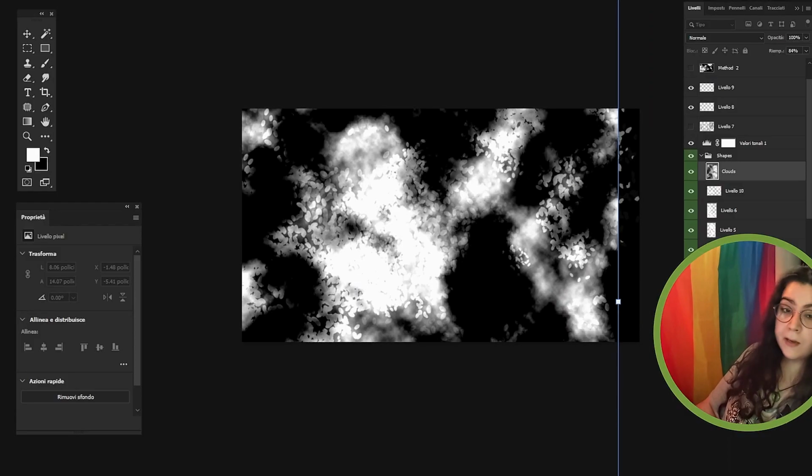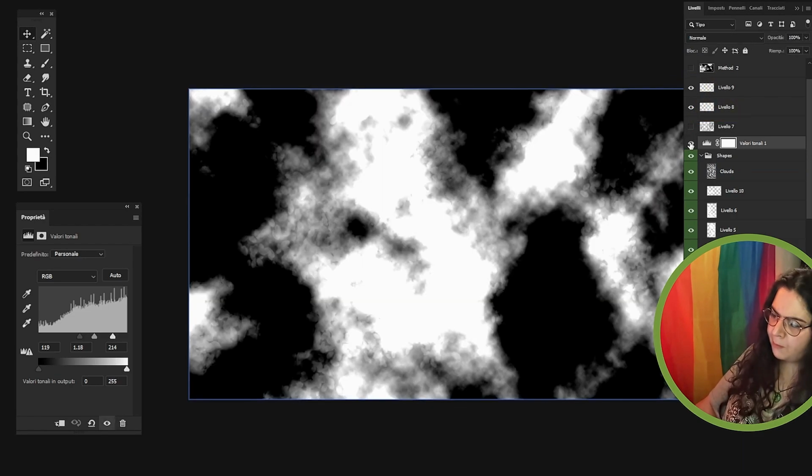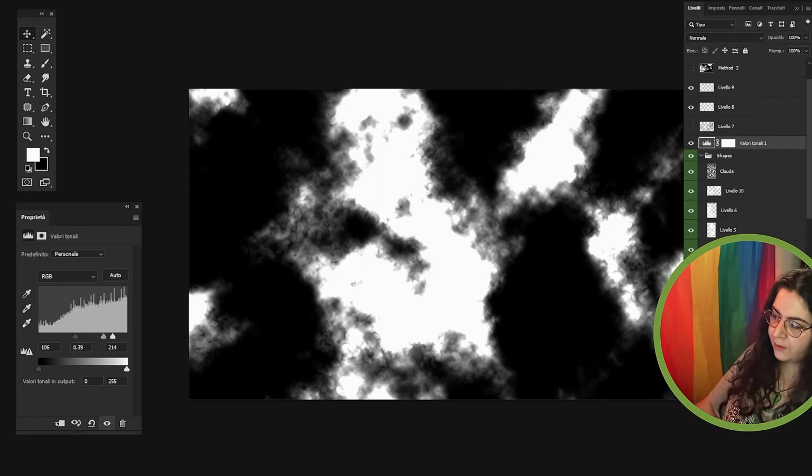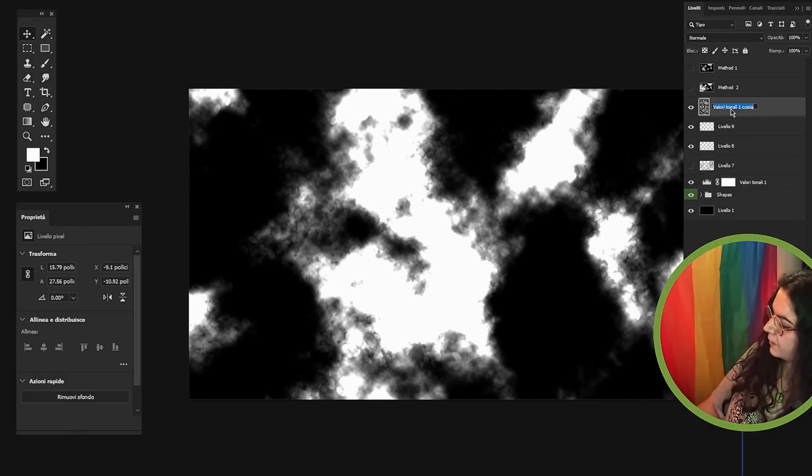Just saying, if I hide the tonal range at the top, this is what I see. Remember, you can always toggle this layer and play with it. I think that's enough, so let's go with it. I duplicate it and say method number 3. Now we got 3 different starting points and all of them are perfect to draw.